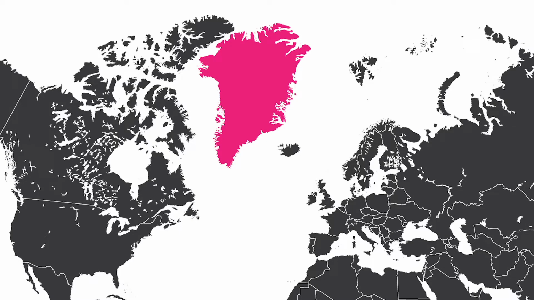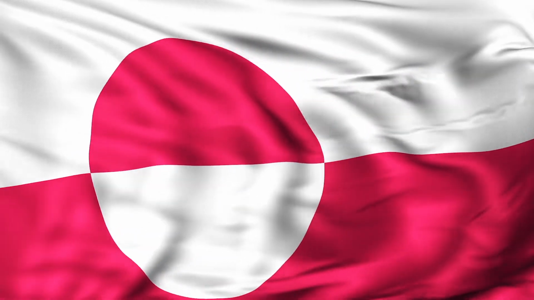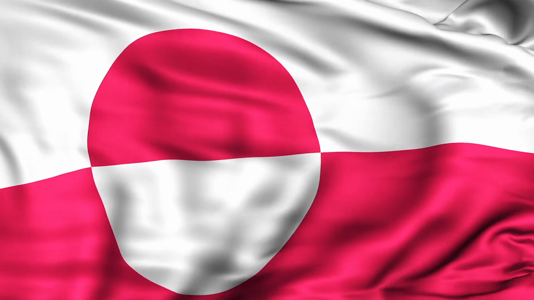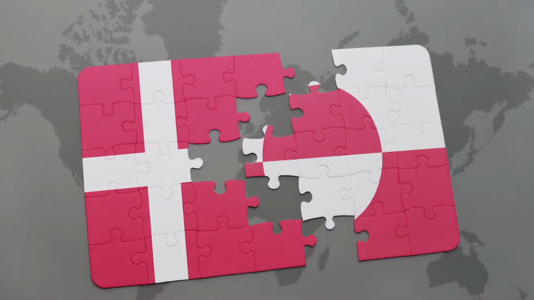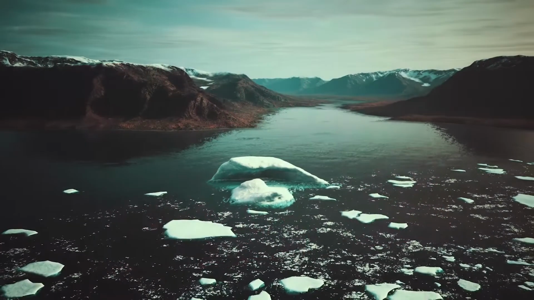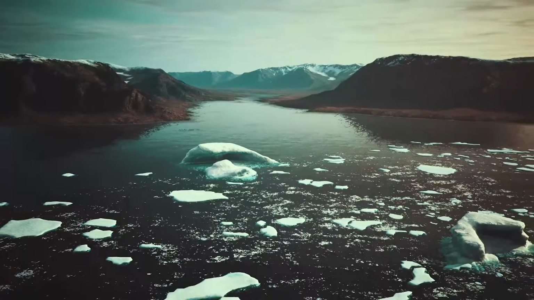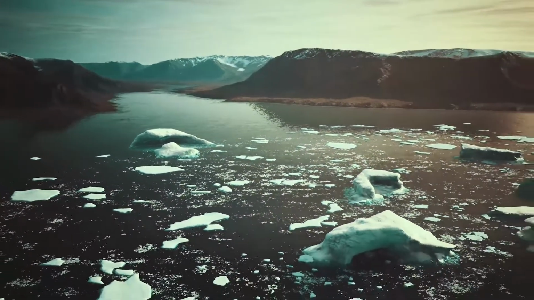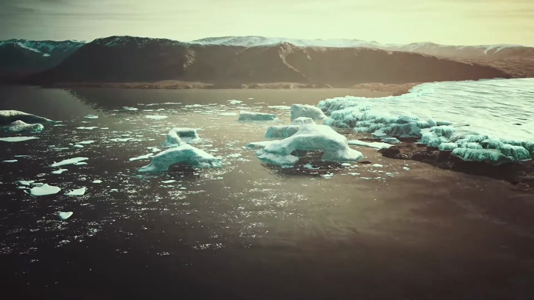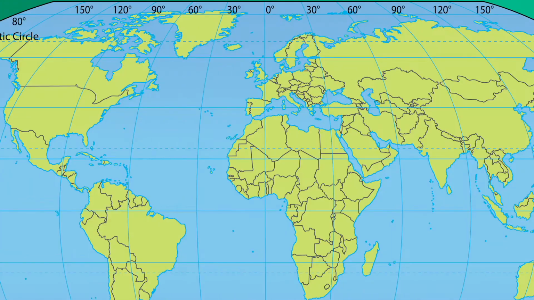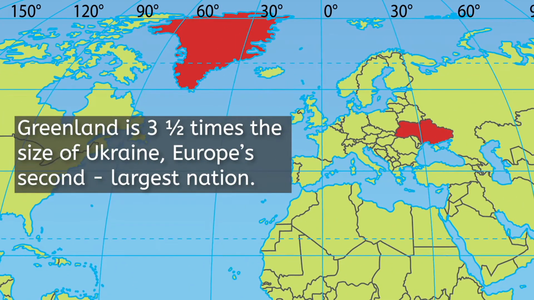Remember in earlier lessons we talked about formal, functional, and perceptual regions of Europe? Greenland is an autonomous territory of Denmark, meaning it functions mostly as an independent nation, although it is part of the Danish kingdom. The island is huge, the world's largest non-continental, with almost 840,000 square miles of land, most of it frozen tundra. Let's put it this way. Greenland, located in the North Atlantic east of Canada, is about 3.5 times the size of Ukraine, Europe's second largest